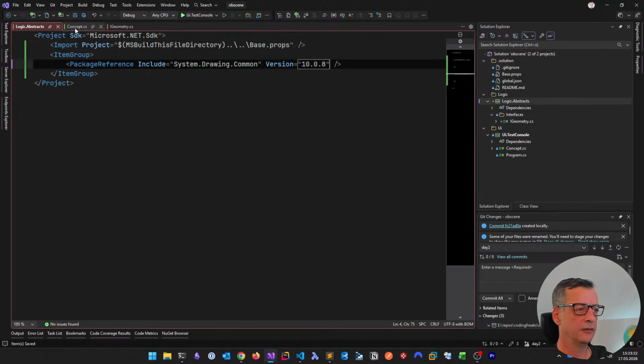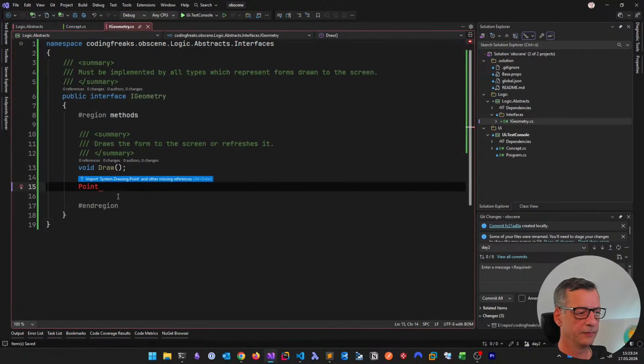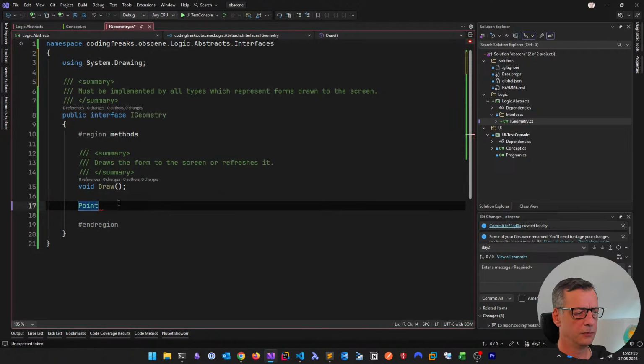Okay, so that's what it is. Okay, now it immediately detected something. Let's see, point, and let's give it a property. This is an interface, right? That's why no public is involved. It's just a contract. Point position is probably